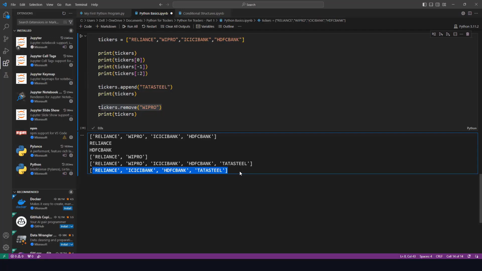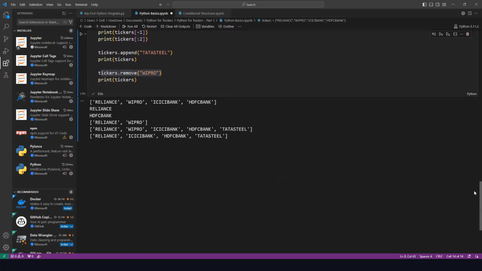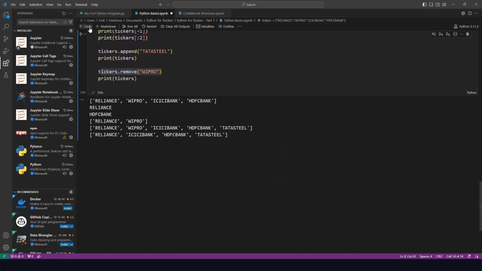Right? So what I can also do here is, let's say one by one, I'm going to loop through over here. So I'm going to use something called a for loop. A for loop is a very interesting function. Let's say I'll go to the code. I'm going to say